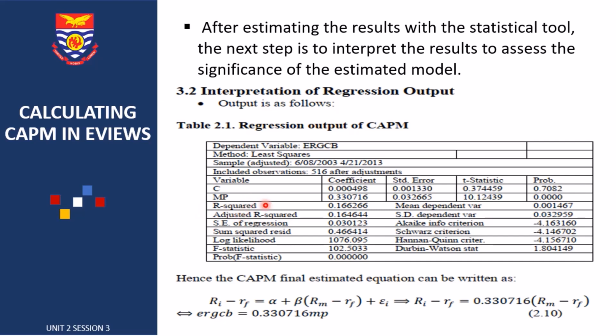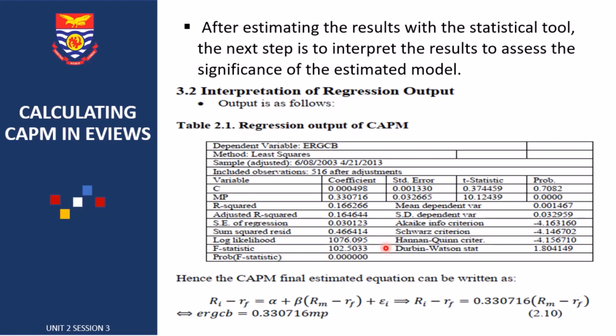And these are the other factors. The R-square is what we call the coefficient of determination. It simply measures the changes in the dependent variable that are being explained by the regression. And the adjusted R-square is simply the R-square which has been adjusted for some series of errors. And all these are parameters that we are going to discuss later in this course. The standard deviation has to do with the measure of risk. The mean is the average. And we have the Akaike information criterion, the Schwarz criterion, the Hannan-Quinn criterion. These are all measures of the models. They are there to make sure that the model is fit enough to explain the relationship